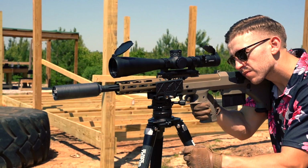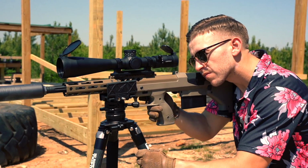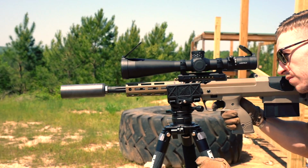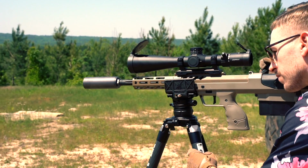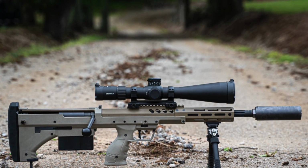The Jumbo Shrimp sounded great on my Bergara Ridgeback with a 24-inch barrel, chambered in 6.5 Creedmoor. It even sounded really good on my Desert Tech SRS 6.5 Creedmoor with only an 18-inch barrel. And I know Kevin Brittingham is cringing because he hates bullpups, but that is the shortest barrel 6.5 Creedmoor I